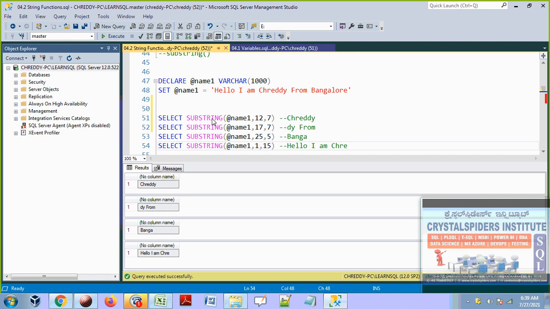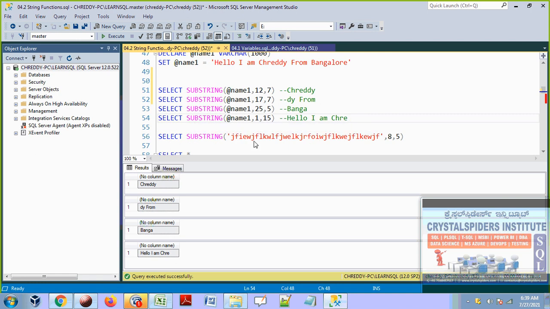So see that now here in substring, instead of specifying the variable name, we can also specify some value here, any valid string value, guys. And within this value, from the 8th position, including the 8th position, I want to display 5 characters. So let's count the 8th position character. 1 2 3 4 5 6 7 8.